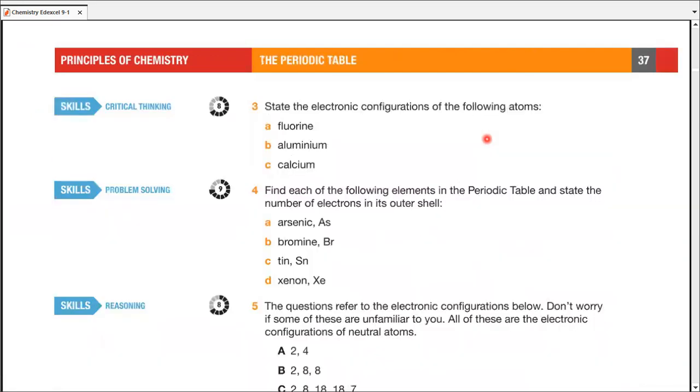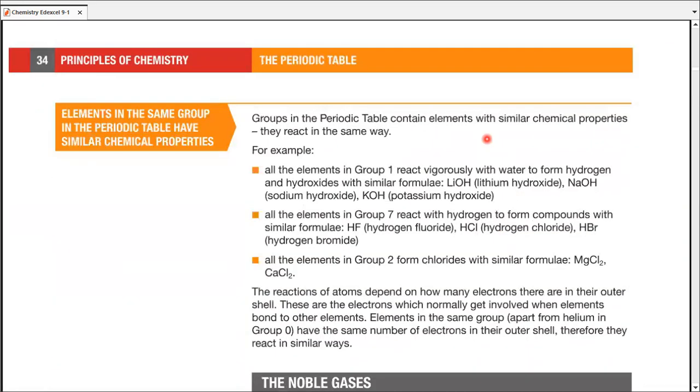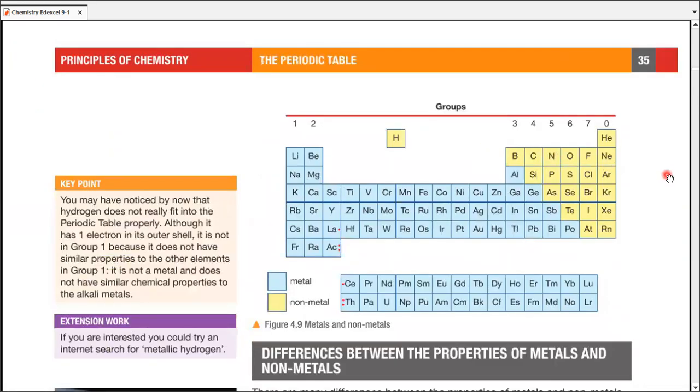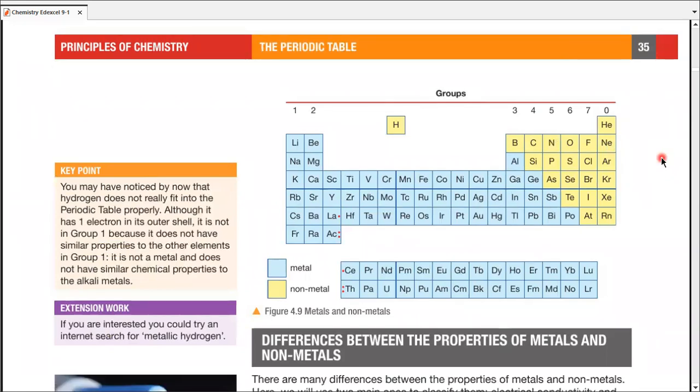Now, I'm taking you back to the periodic table because I want to explain a simple fact: covalent bonds are made up of nonmetals, and the nonmetals that you see over here are all drawn in yellow. There are very few nonmetals over here. This is the first one that we started off our example with.